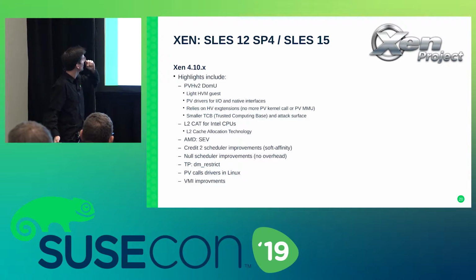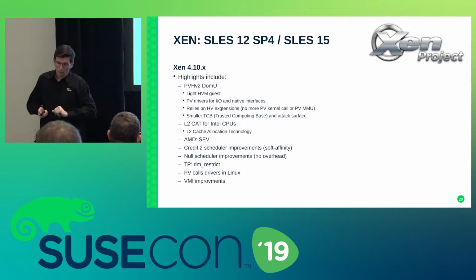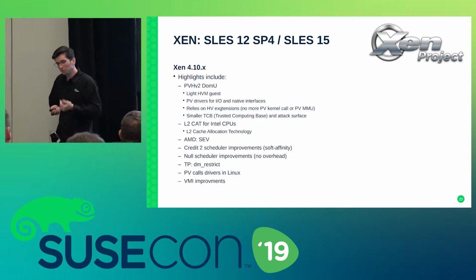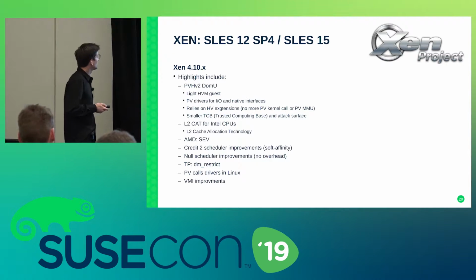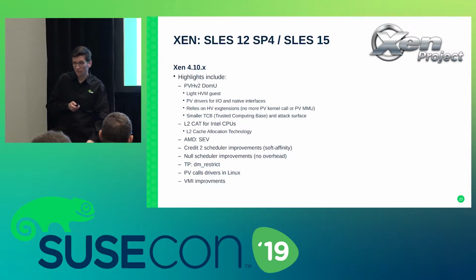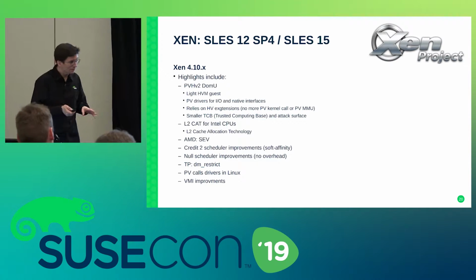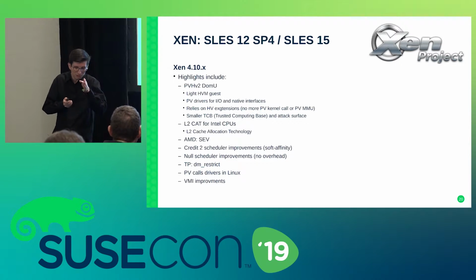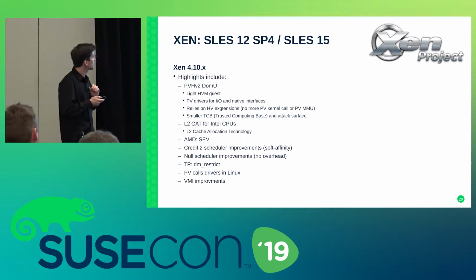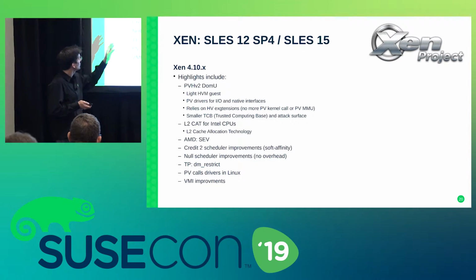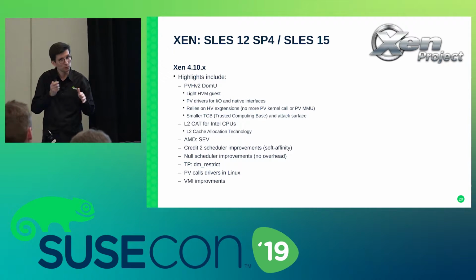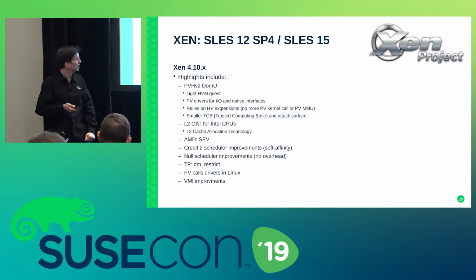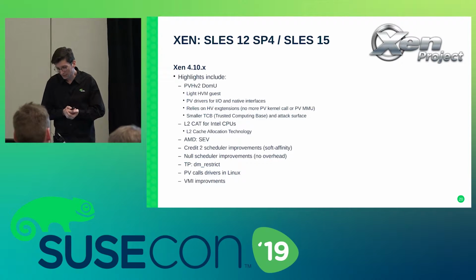Xen is also working with Intel to be able to provide better support of CPU flags. And one of the CPU flags was L2 cache and cache allocation technology. And now there is a way, if you have that kind of technology, to be able to split it and share it among the guests, which means that you can decide how you will use your L2 cache inside the guest. I already spoke about AMD SEV, so Xen supports that.